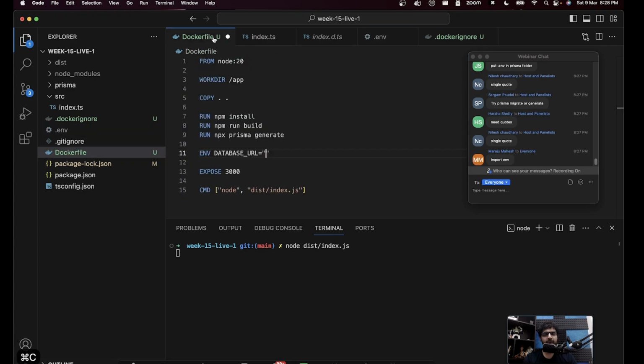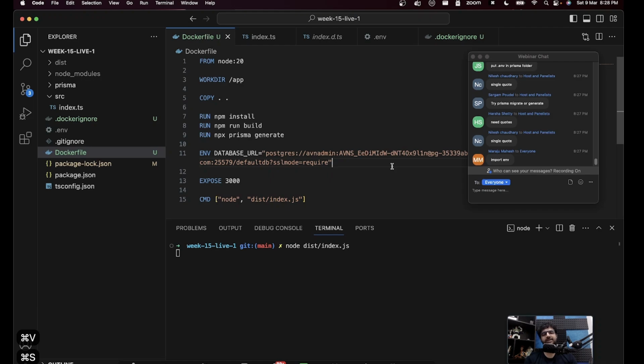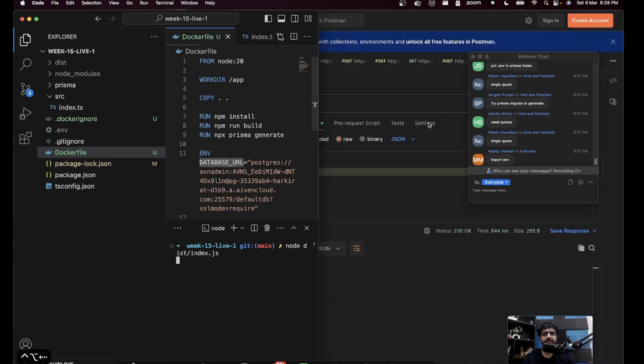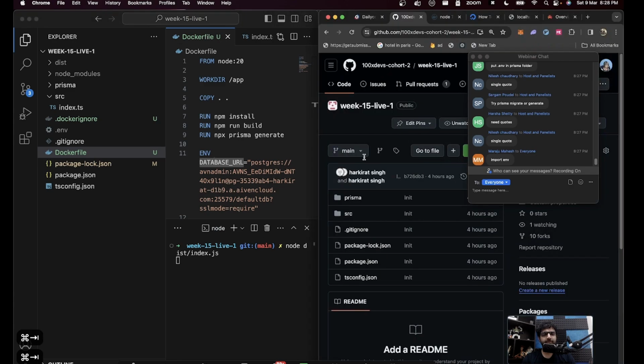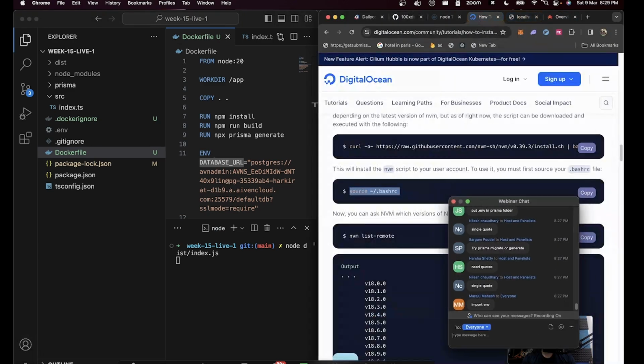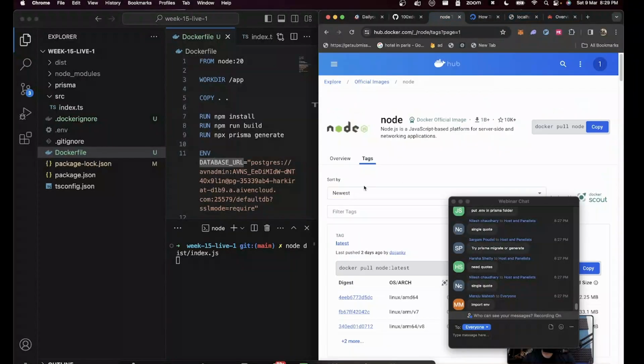I don't want GitHub to have this specific secret, which is why you don't usually want to hard code the database URL in the Docker file. In fact, you don't even want it on Docker Hub. If I have this image that I eventually deploy to hub.docker.com, I don't want anyone to pull that image and see my secret. Your image should be secret independent.